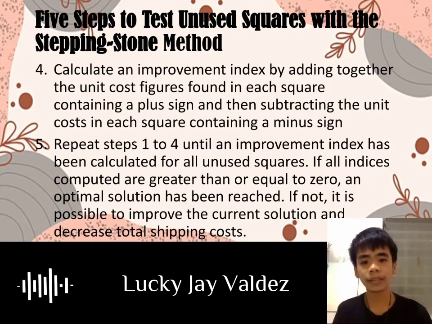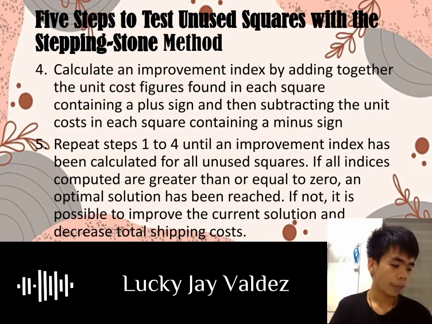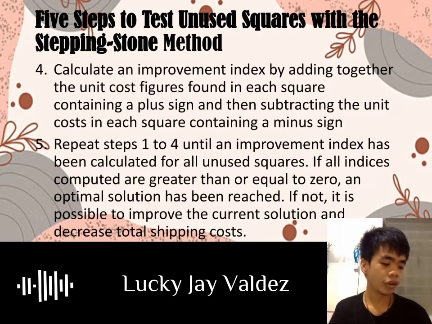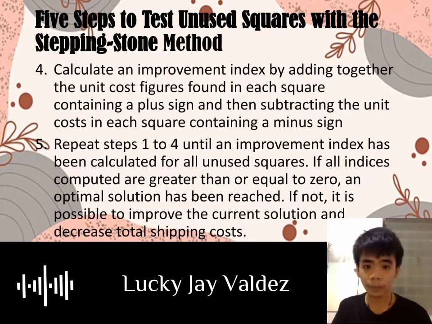So, yung dalawa na positive sign is we're going to add them together. And yung dalawa na negative signs is we're going to subtract them. Containing a plus sign and then subtracting the unit cost in each square containing a minus sign. So, ayun na siya guys. Then, step 5, the last